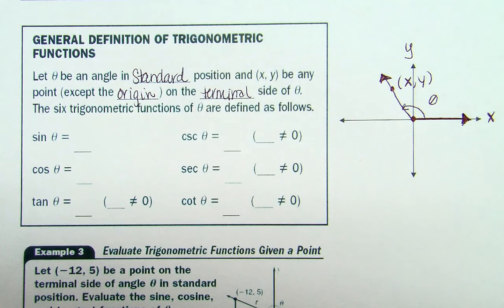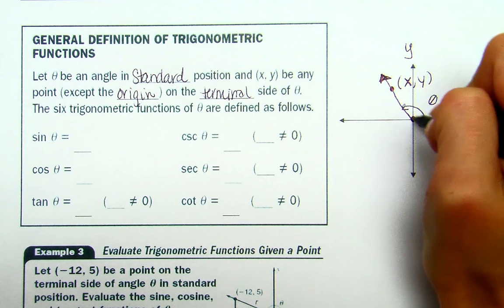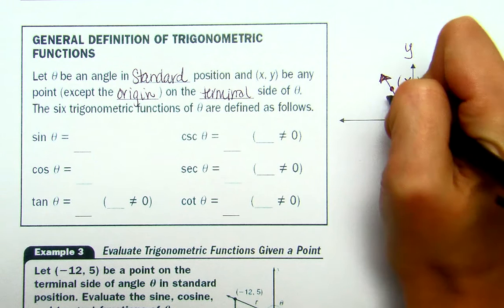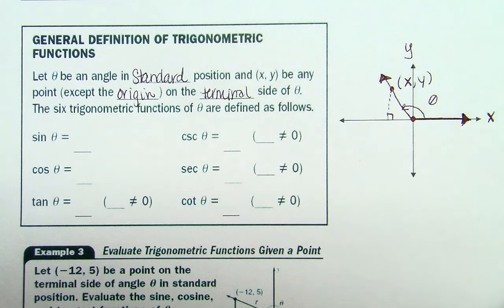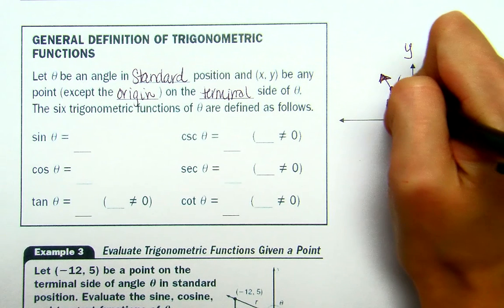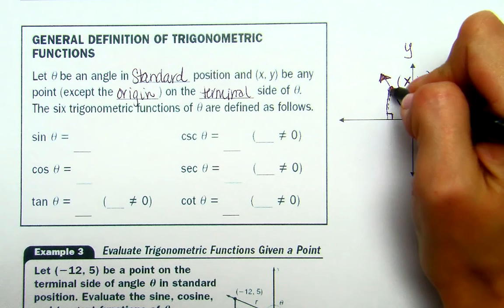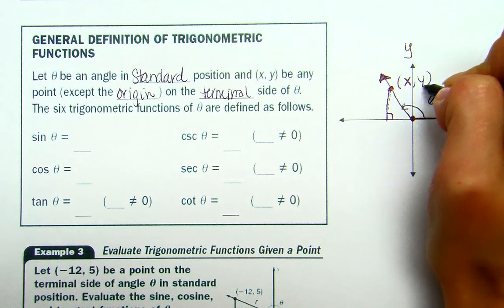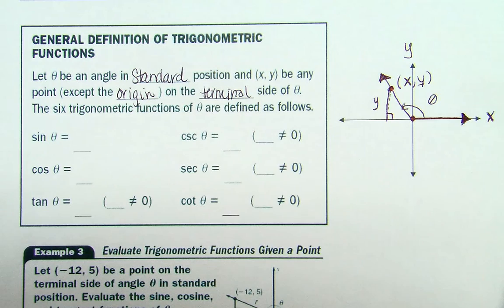of theta. Okay, so before we move on any more, what we're going to do first, if this is some point x and y on my terminal side in my x and y coordinate plane, I am going to create a right triangle to my x-axis. If you guys can see that off to the left-hand side. And when I do that, the distance from my point on my terminal side to my x-axis is going to be represented by whatever my y value is for my ordered pair. From that